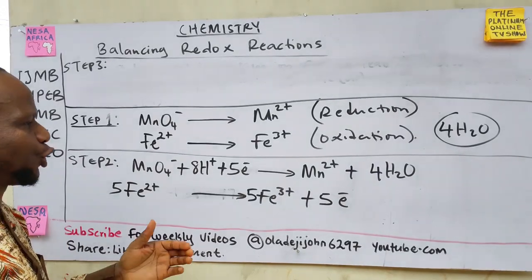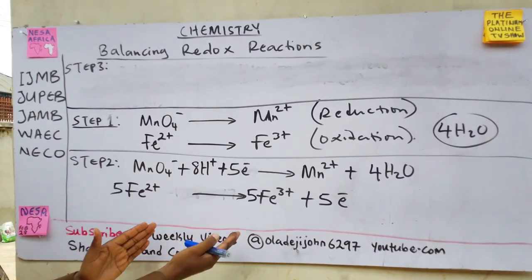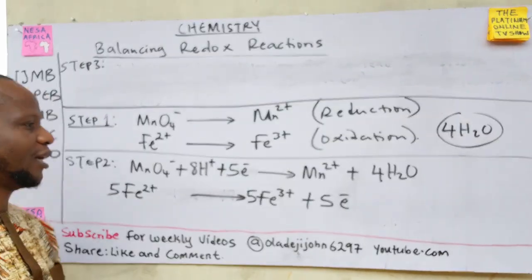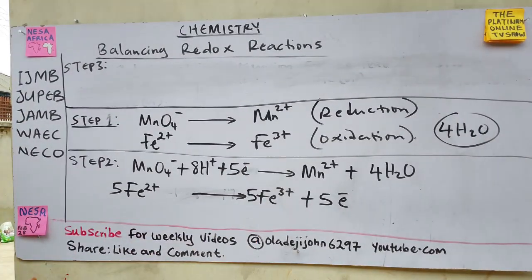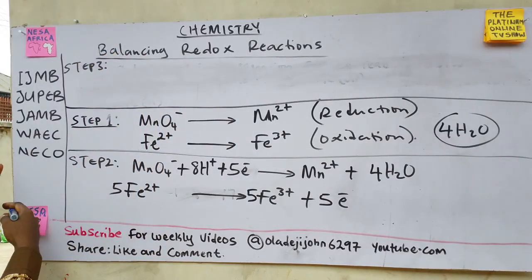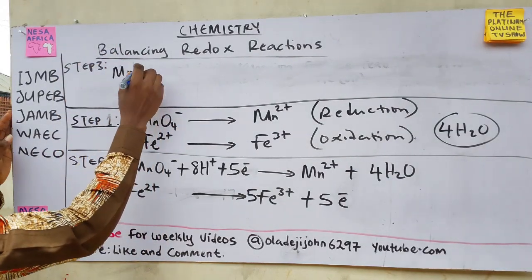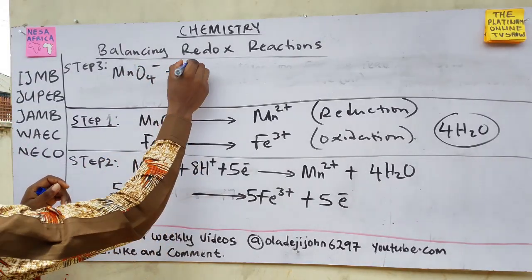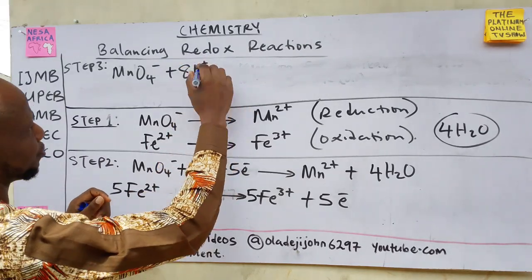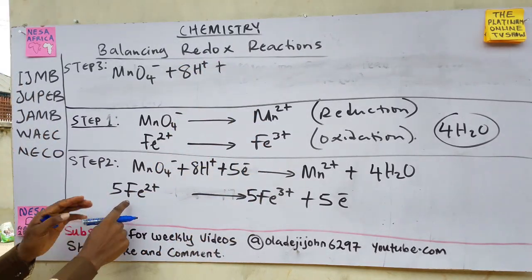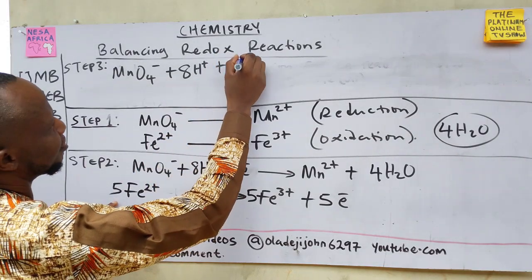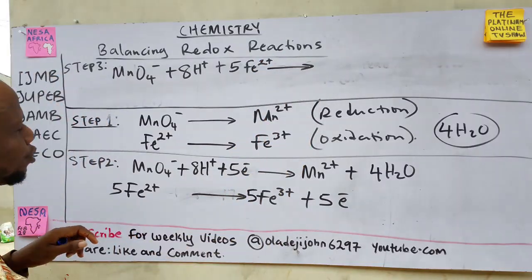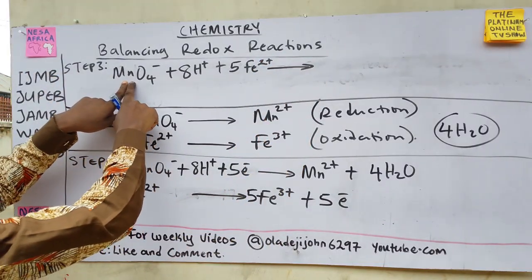Now, this is the logic: we write everything on the left-hand side and equate it to everything on the right-hand side, excluding the electrons that were used in balancing. So on the left-hand side, we have MnO4⁻ plus 8H⁺ plus 5Fe²⁺ to produce